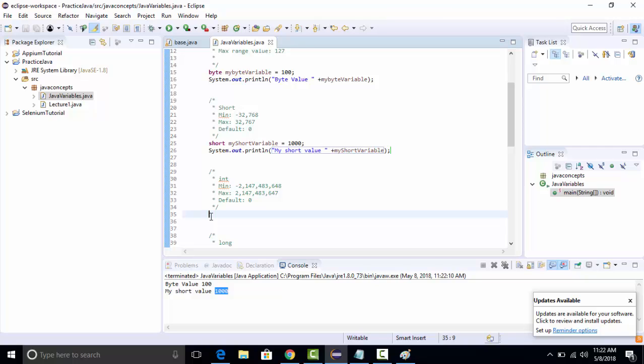So we type the data type first, int, then my integer variable, and we put the value